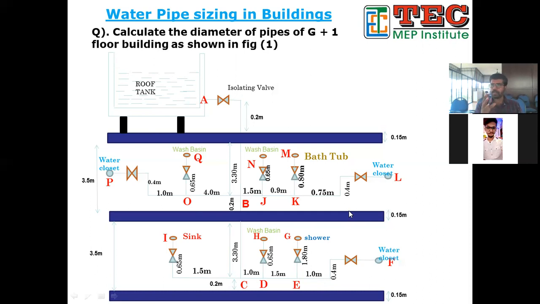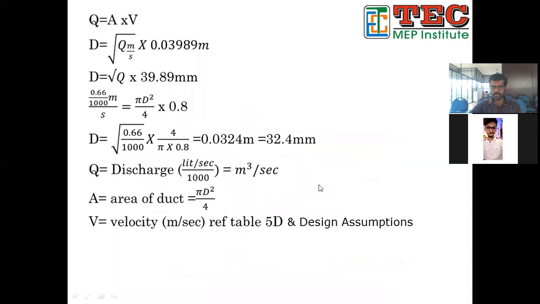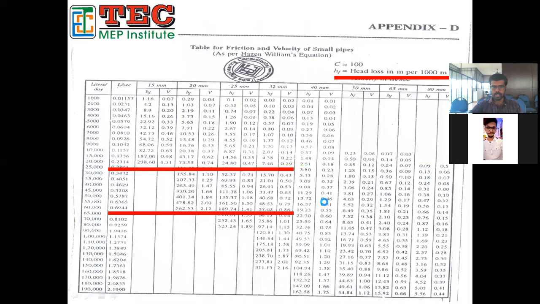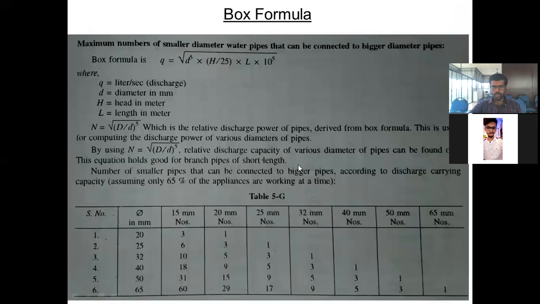If you are not clear, go to the third and fourth day YouTube video link that I am sharing. Go there and see how to find the pipe size and discharge by the help of the loading unit method. So when we find the discharge and pipe size of these different nodes, now what you have to do is insert them here.